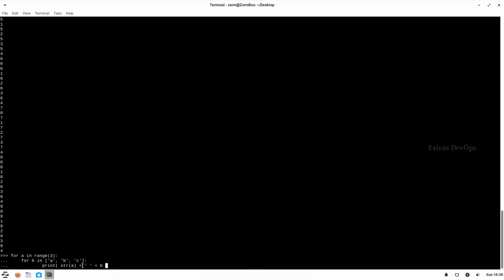So now it is easy for us to understand. First it has taken 0 in range of 3 and it has looped within the second loop. So 0A, 0B and 0C. Then it has gone back to the main loop where the value is 1 now, and it has printed 1A, 1B and 1C, and then it has again gone to the first loop where the value is 2: 2A, 2B and 2C. This is how we use nested loops.